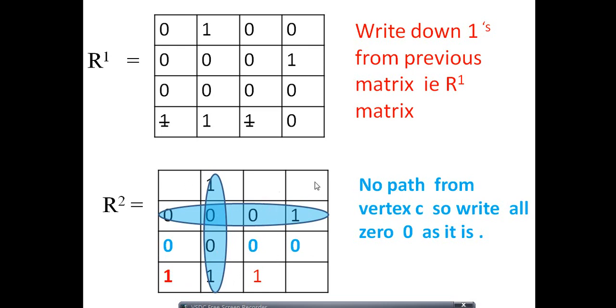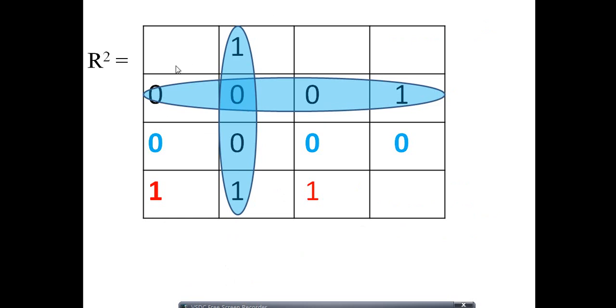Now you have to calculate this. How to calculate this one? 0 and 1. 0 1 means what? 0 only. The 0 1 value is 0. Okay, next we have to calculate this. The previous value is 1 in the jth column. The previous value of the ith row is 0. So 1 0 means 0 only.